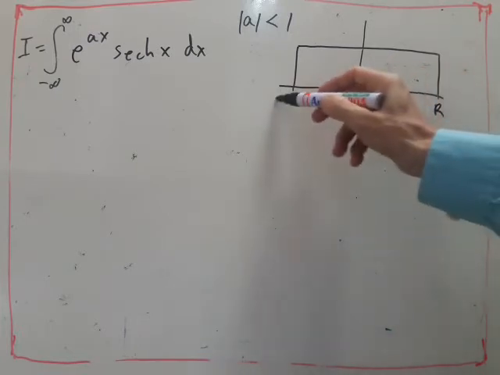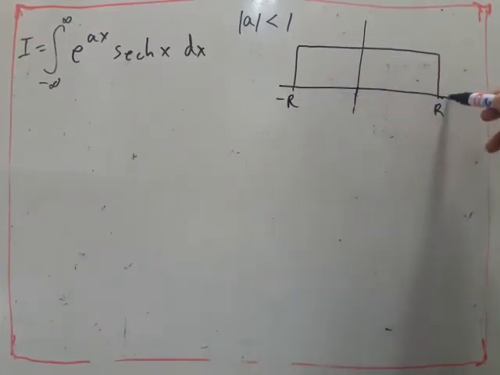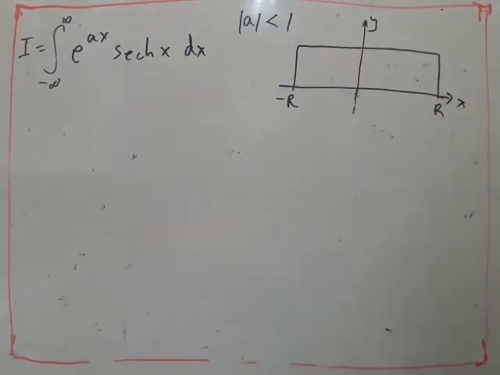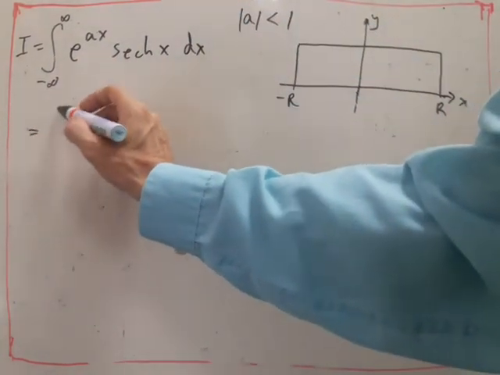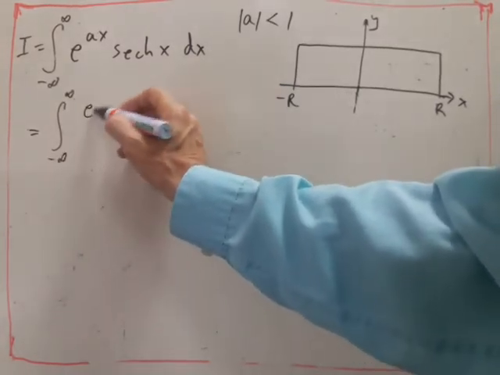So our rectangular contour would be going from R to minus R. The key question is, what height of contour do we need? Okay, so let's just write this another way to start with. We'll write it as